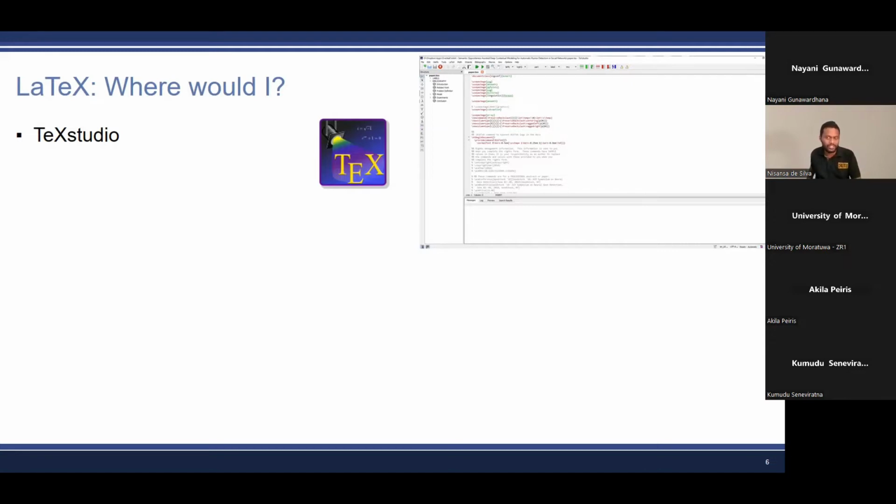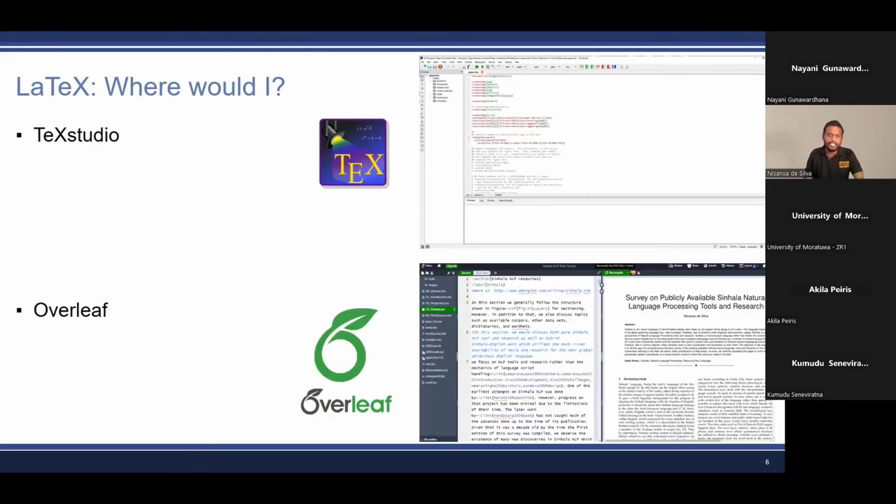And the other solution, the thing that we are going to talk about most today, is the online solution, Overleaf, where you can have a free account. And again, you just type stuff, and the background compilations, handlings and imports are all handled by the system. You don't have to worry about it at all.